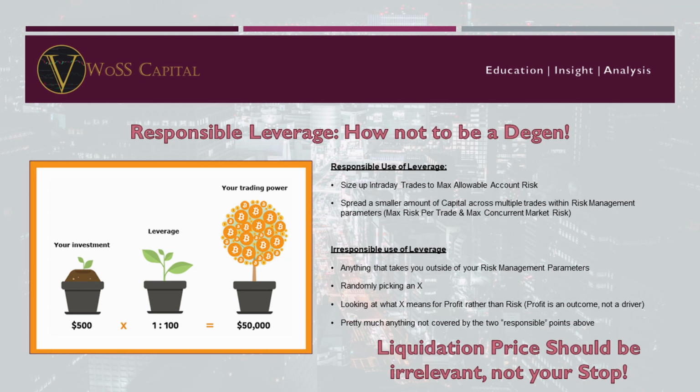So in terms of then, what do I consider responsible usage of leverage? As we covered in the position sizing session, the first and my main use of leverage is to size up intraday trades to the maximum allowable account risk. I'll go over the example again so you can see it. If I have a max account risk of 2%, which is a reasonable max account risk, and on an intraday trade, let's say I'm on a 5 or a 15 minute chart, and the entry that I'm looking at versus the stop that I think is right